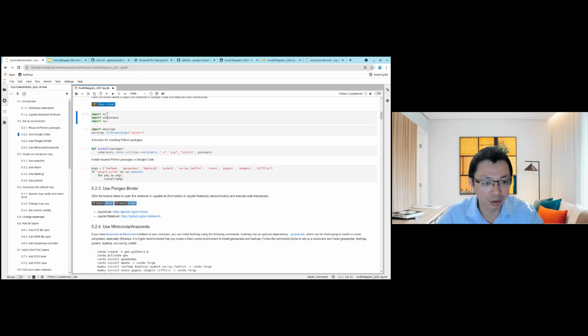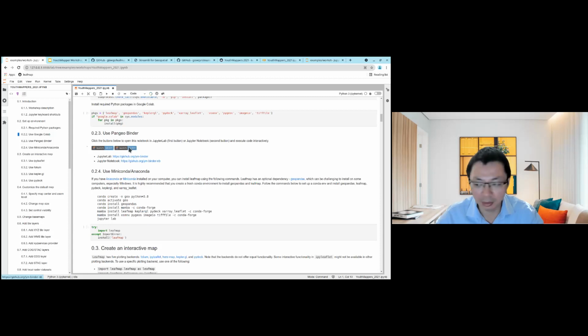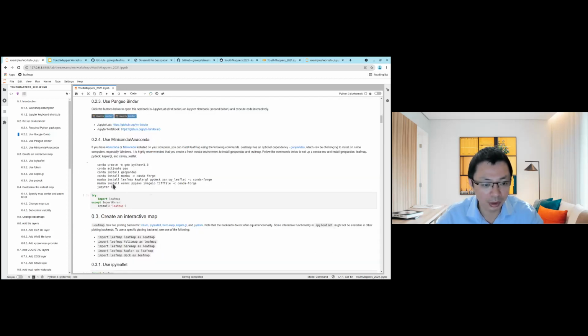Okay, so if you're in Google Colab, you need to execute this. You can also open in Binder, right? Either one should work. This one just takes a couple minutes to open up, so just be patient. If you want to set it up on your local computer, you're welcome to